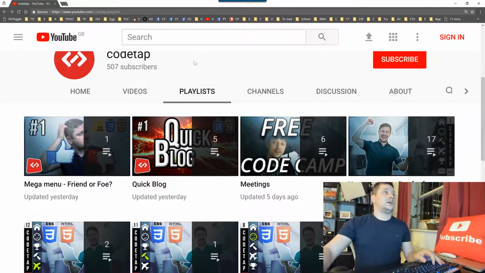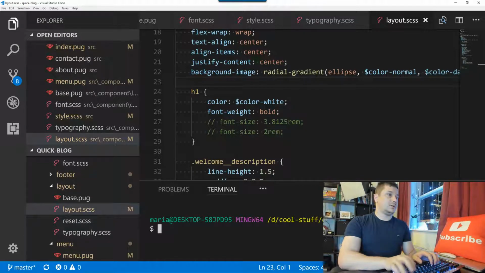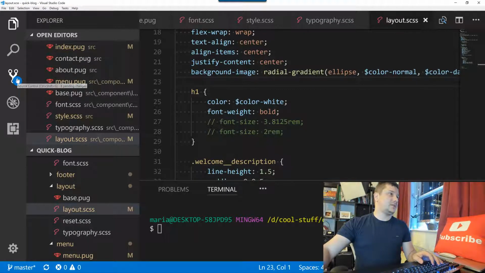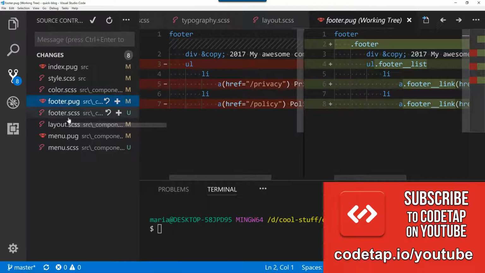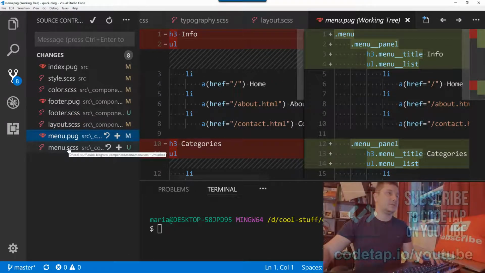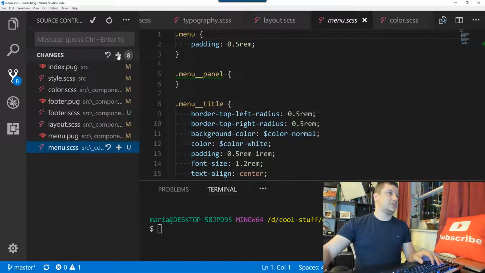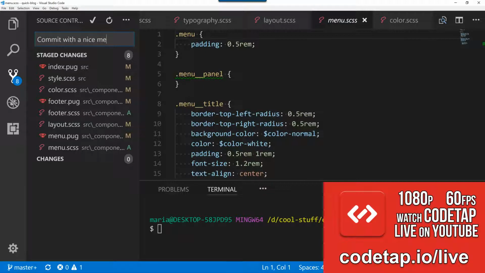With that said, let's look into our current project. Before we do an npm start, I can see that there are some changes over here from last time. So I think we started the footer and some of the layout. Okay, so let's stage all those changes. Another way of doing it would be git add dot for the ones that prefer the console. So commit with a nice message